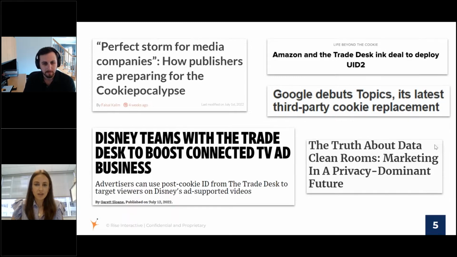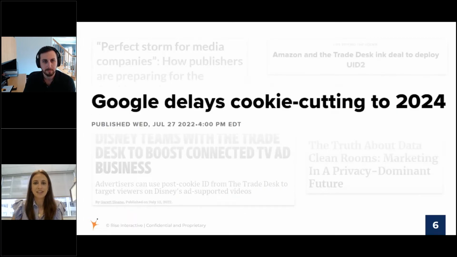And on top of all of the different changes that we are hearing about, of course, in the time since we originally put this content together, Google has delayed the third-party cookie deprecation to 2024. But honestly, that doesn't change anything as it relates to the importance of this topic and for brands to start thinking today about how they're going to build robust, future-proof audience targeting strategies that are privacy first and customer-centric. So a very relevant topic, whether the cookie officially leaves us next year or the year